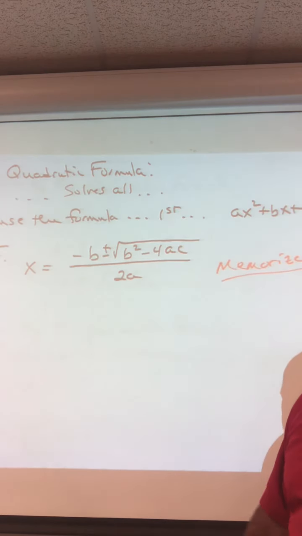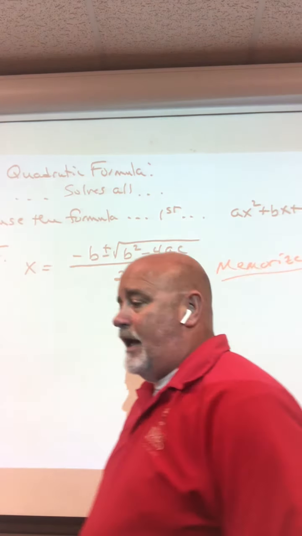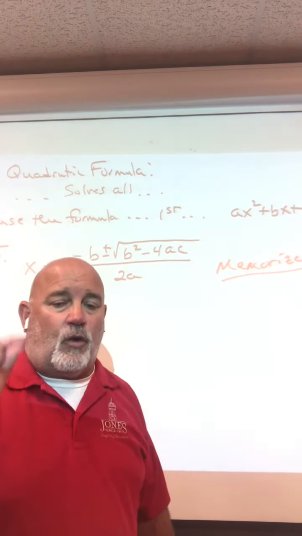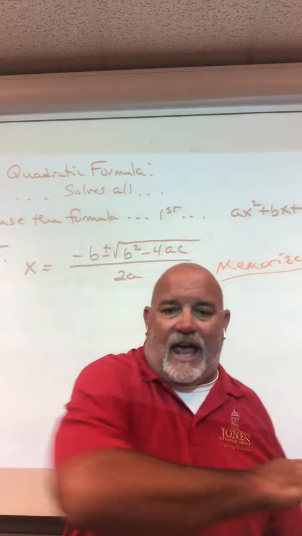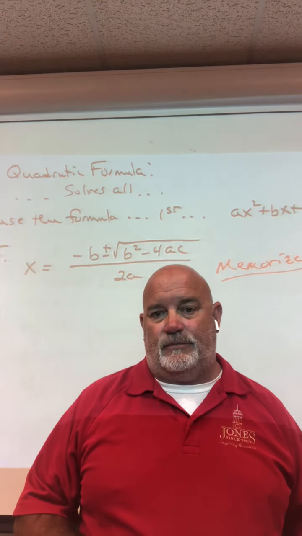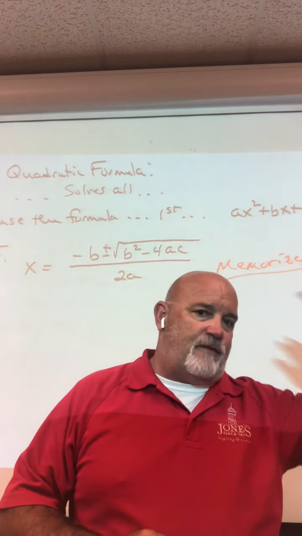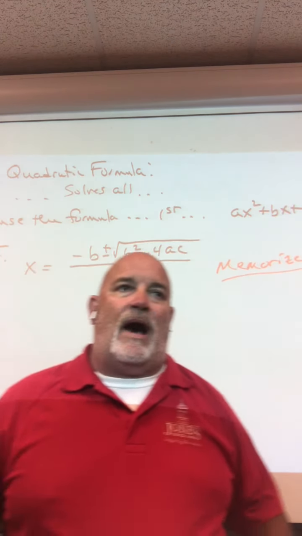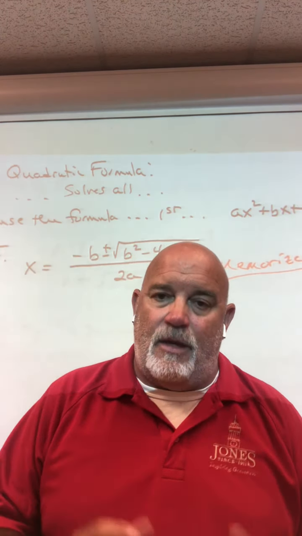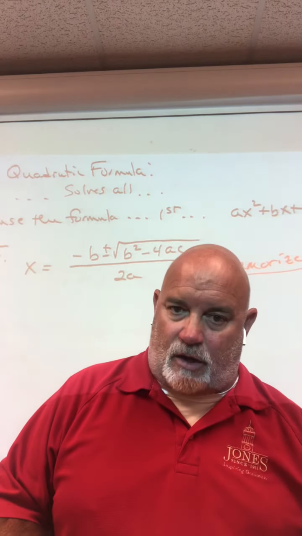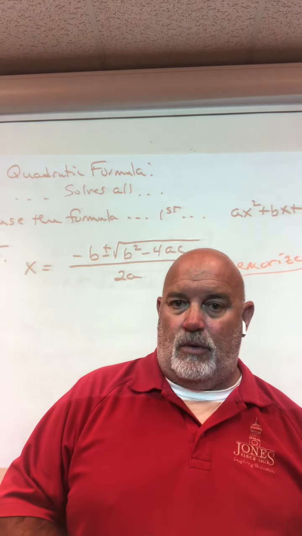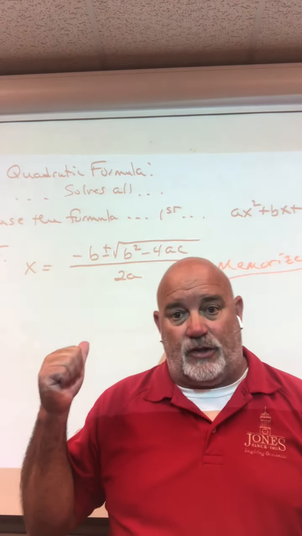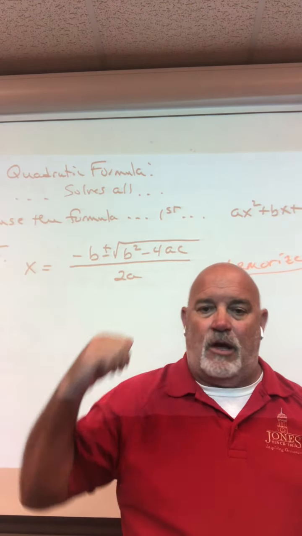Okay, so I'm assuming you paused it and you've got the formula. Now, let me explain the quadratic formula to you. First, let me say this. The quadratic formula solves every quadratic equation. It solves those that factoring will solve. It solves those by the square root property. Well, then why don't we just use it every time? Because the factoring method is quicker when it's applicable. The square root property is quicker than the quadratic. I don't want to use the quadratic formula when one of those first